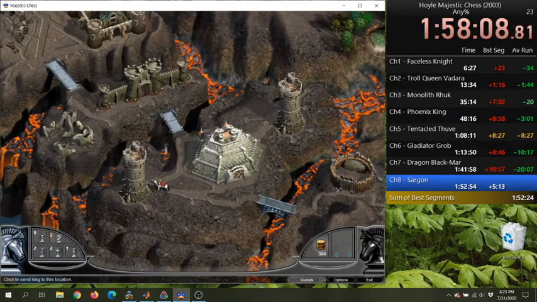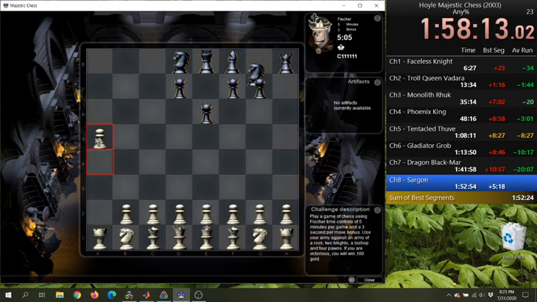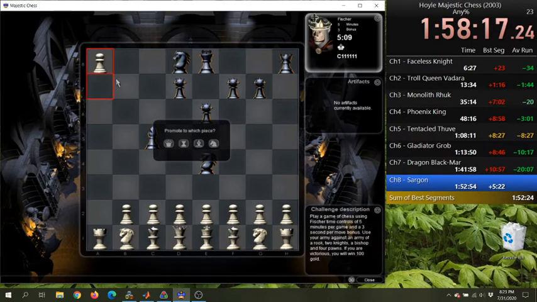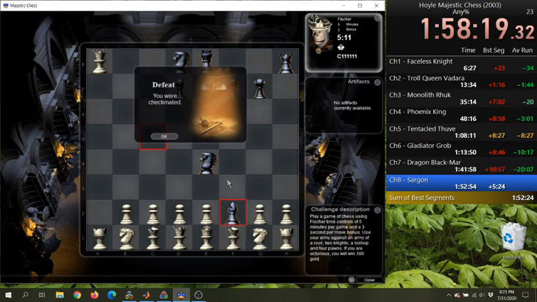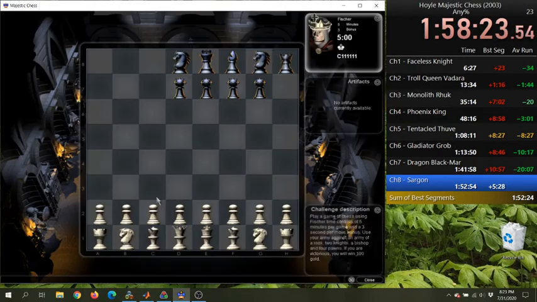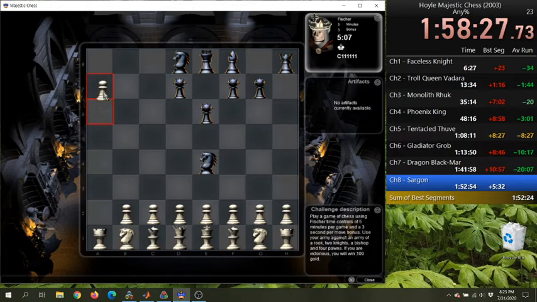What else is over here? Yeah, something like this, which is like, you know. Oh, that's... Alright, turns out paying attention to your opponent's moves, sometimes it can be quite useful.